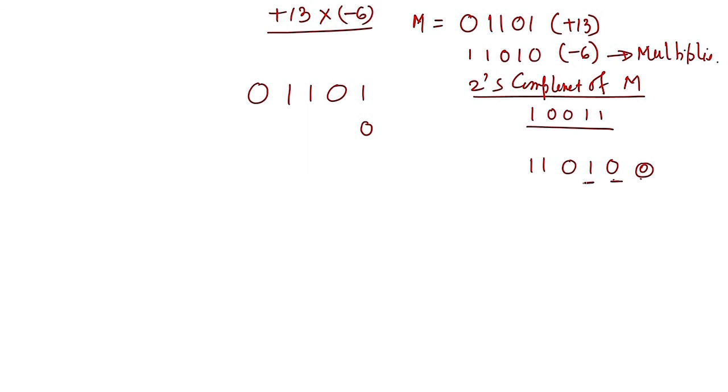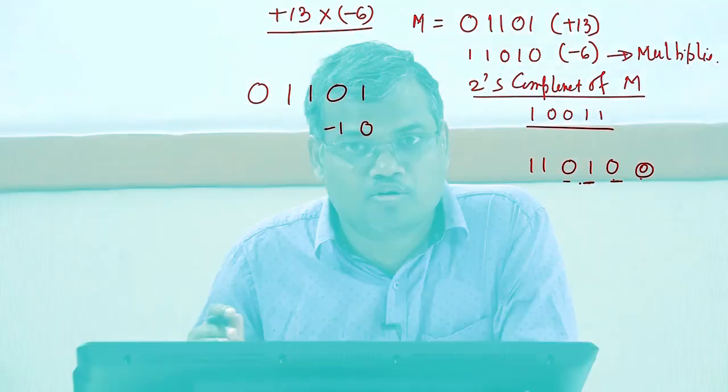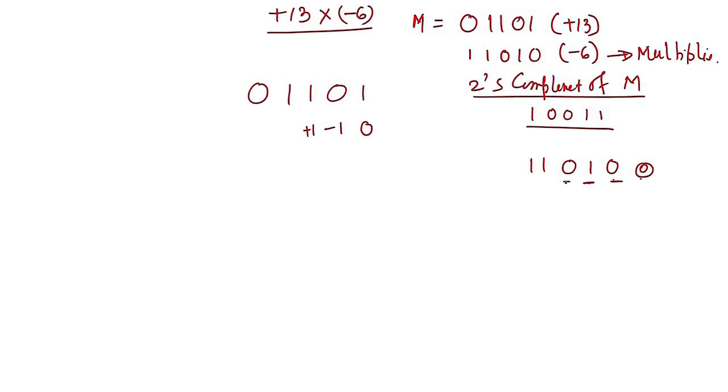Next is 0 1. 0 1 means what? Block of 1 is going to start. So, what you have to do? You have to subtract. So, this is minus 1. Then 1 0. 1 0 means what? Block of 1 is completed. So, you have to add. Then again 0 1 means again block of 1 is going to start. So, you have to subtract, then 1 1, no need to do any operation.